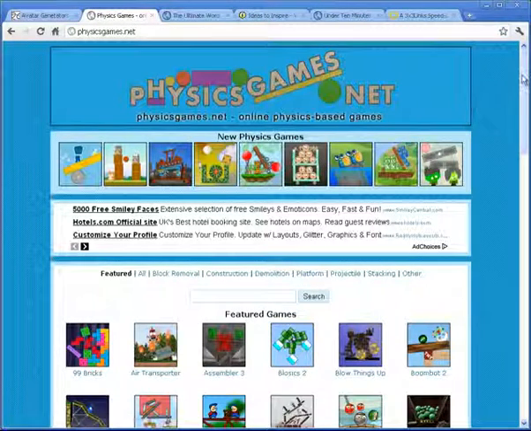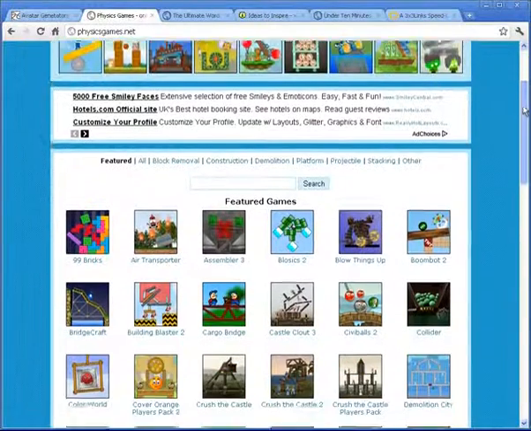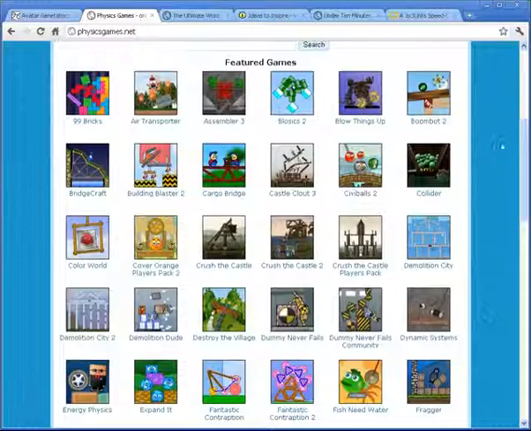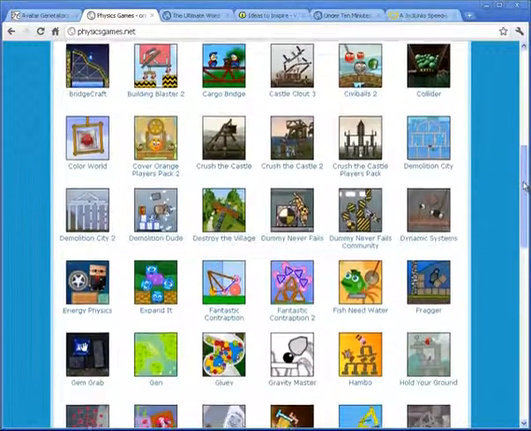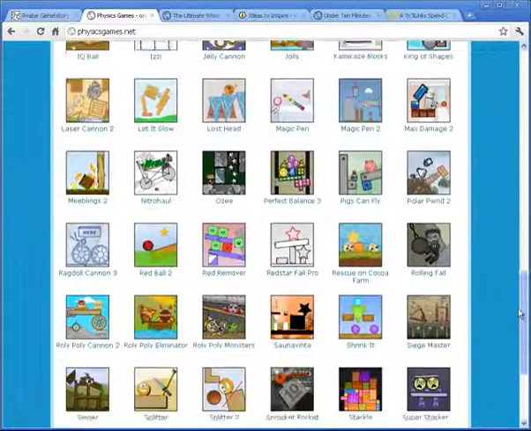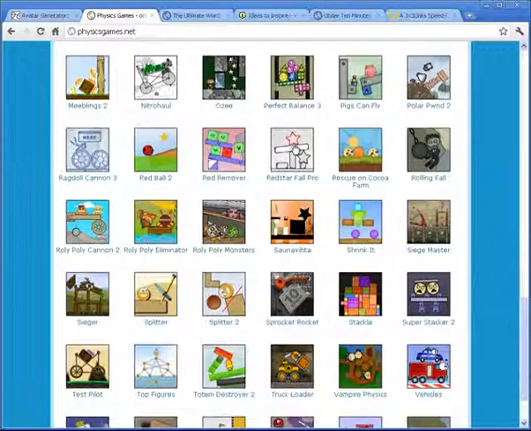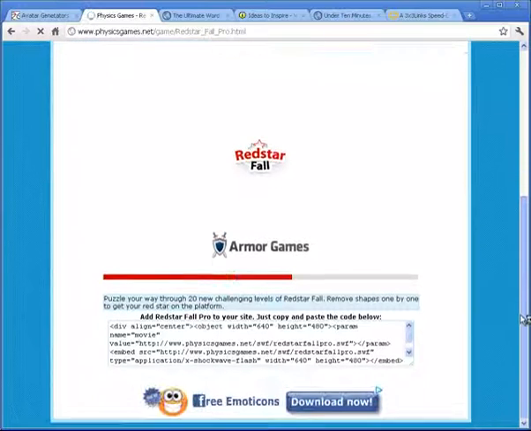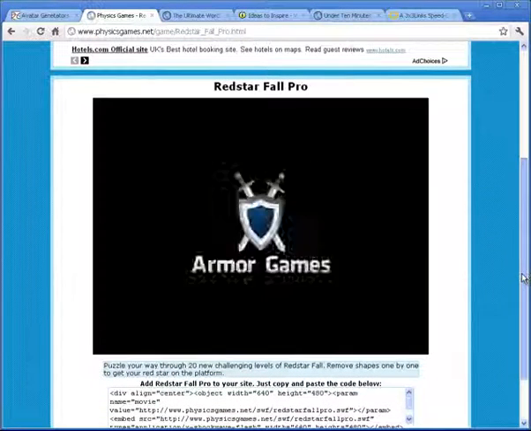Another website that some of my children like playing on is physicsgames.net. Now, some of them on here, I have to say, are explodey things. You have to knock some things down. But some of them are really good at making children think. So what you can do is, if you go to something like Red Star, for example, and you load that up, it will come up there. What you can do is